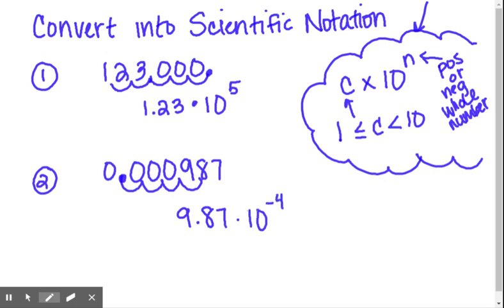Now, why is it the negative fourth? Because if we think about our original number, a very small decimal, we have to multiply 9.87 by a very small number, which is why it's to the negative